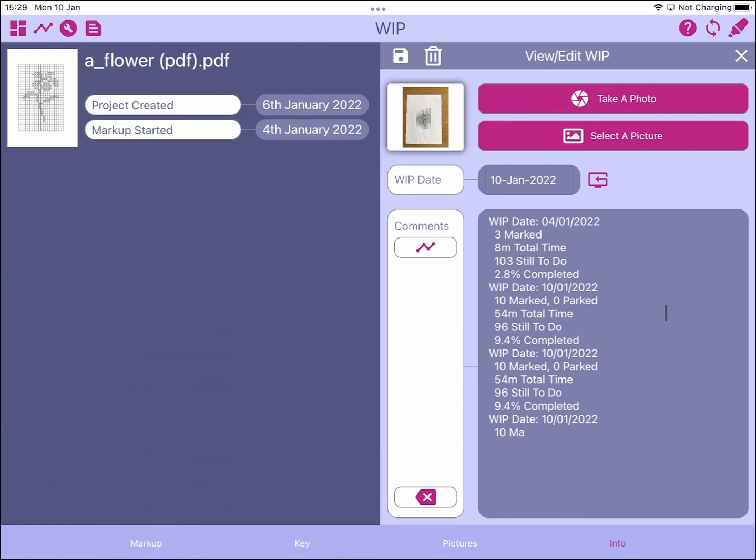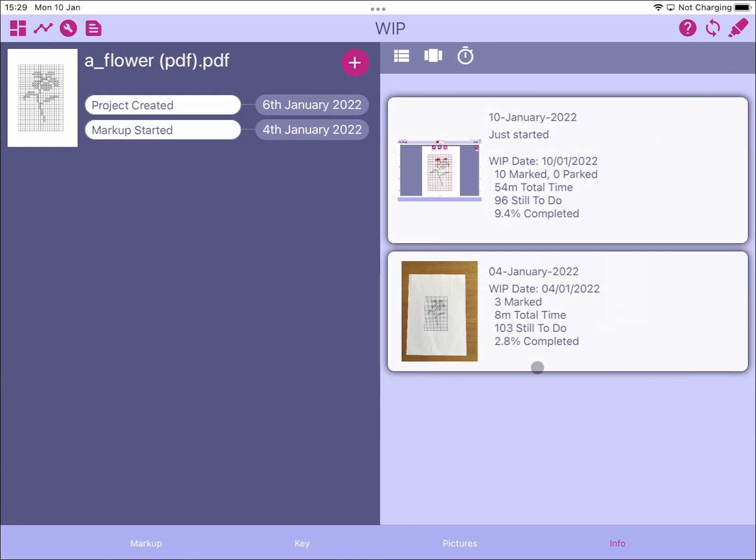So we've talked about editing the work in progress, deleting the work in progress. We've talked about, and obviously here we've made a number of changes, but if we don't want to save those changes, we can cancel and it won't get saved. We've talked about the list of the work in progress. We've talked about the carousel view and how you can set that as a timer as well. So this is what we've added in for our work in progress. So I'm hoping that will allow you to track the important bits of your project as you're going through them and you can see them at a moment's glance.